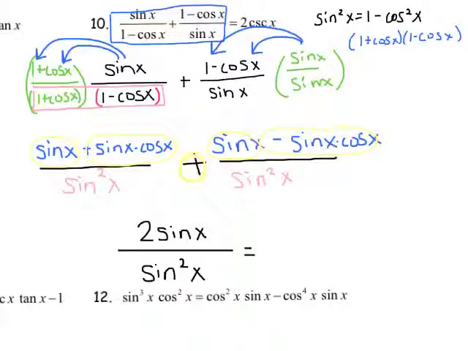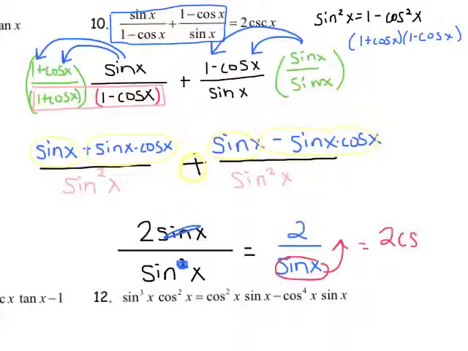Well, I know that sine over sine squared is really like sine times sine, so I can cross off that square with that, and I'm left with just 2 over sine. Well, if you understand your reciprocals, you know that over sine means you could actually put that guy on top, but when you put him on top, because you're reciprocating it, you can't use sine anymore. You'd have to use cosecant. Okay? All right, let's do